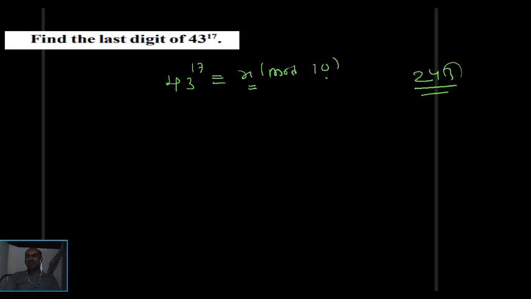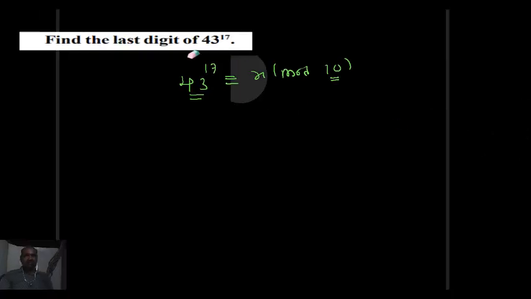You can say that is also 3. That's why the last digit of a number is the same as the remainder when that number is divided by 10. So by using congruencies, I want to find the solution here. What should we do? We want to find a power of 43 that is nearer to 10, or a power of 43 that, divided by 10, leaves remainder 1 or 2.